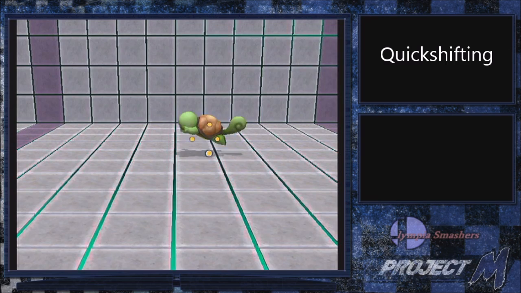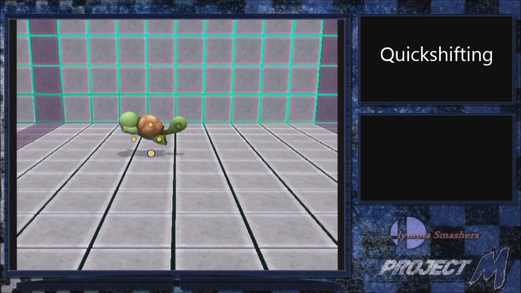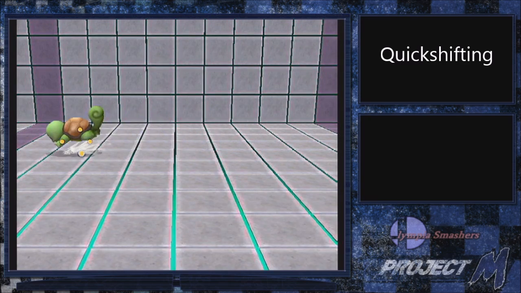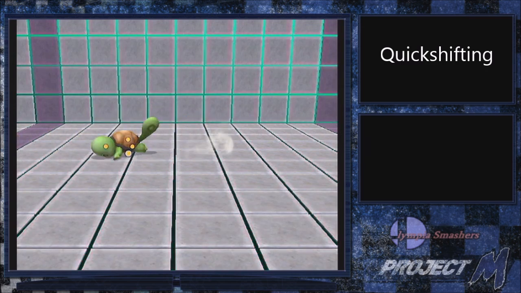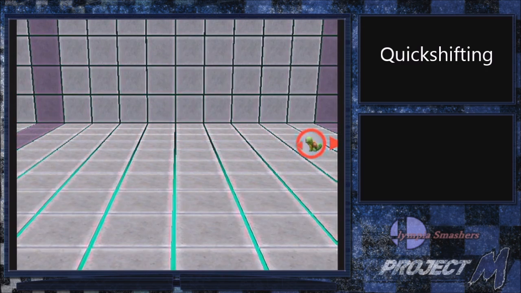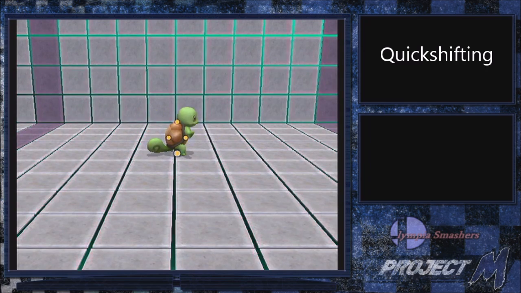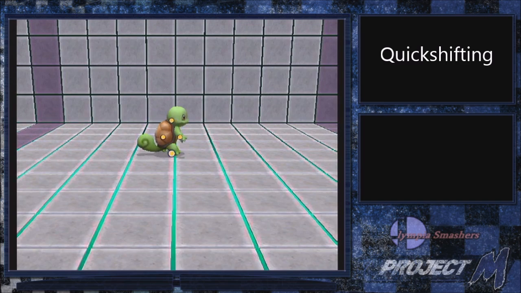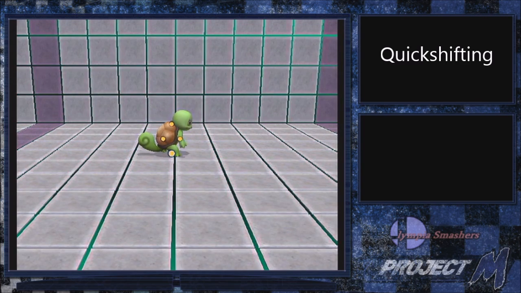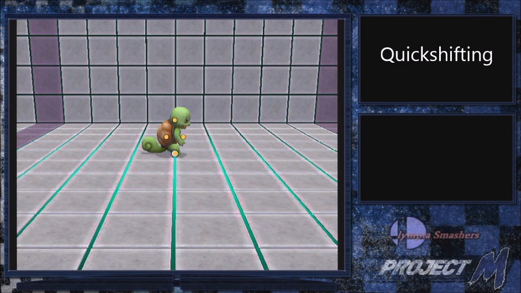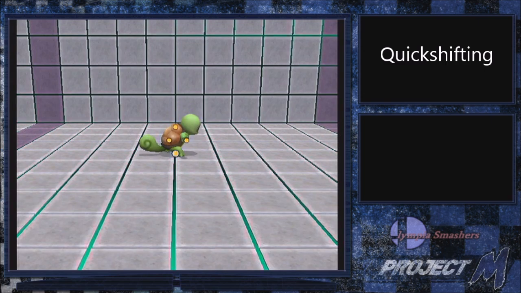Pretty much. But basically imagine Squirtle's just in this tight little ball, you can't really hit it, constantly moving. And Mark runs in, and he's like, oh, maybe Squirtle's gonna hit me. And he forward airs, and he lands, and the Squirtle hydro grabs and punishes his landing lag. Basically, quick shifting has a ton of options out of it, and it's a great neutral game thing, a great mind game. It's one of Squirtle's best mind games, in fact, and I definitely encourage you to practice it,